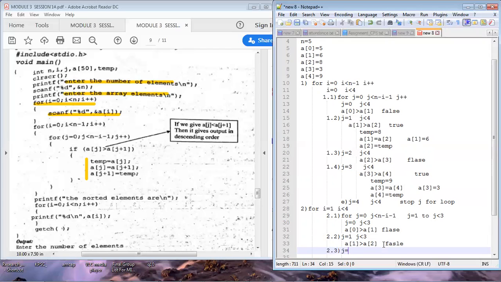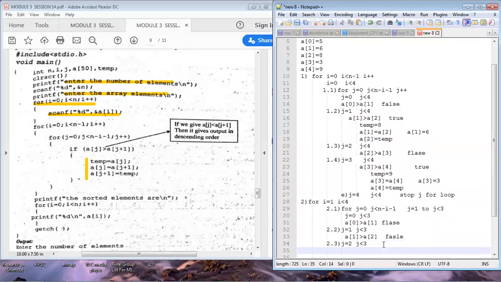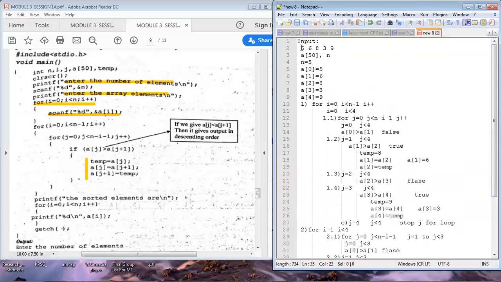Now J is equal to what? J is equal to 2 because J is incremented by 1 and J is less than 3. The condition is true. Now what are we going to do? A of J, 2, is greater than A of J plus 1, 3. So understand one thing, in the inner for loop, we keep comparing all the elements one by one.